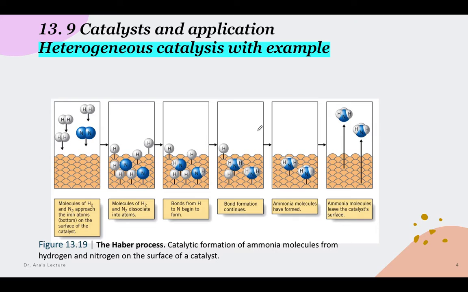Now, as we said, there are homogeneous and heterogeneous catalysts. In the heterogeneous catalyst, we saw that the catalyst phase is different from the reactants. So this is the example of the Haber process to produce ammonia on a large scale in industry. If we now look into this procedure, we will see how the heterogeneous catalysis process occurs, or how a heterogeneous catalyst